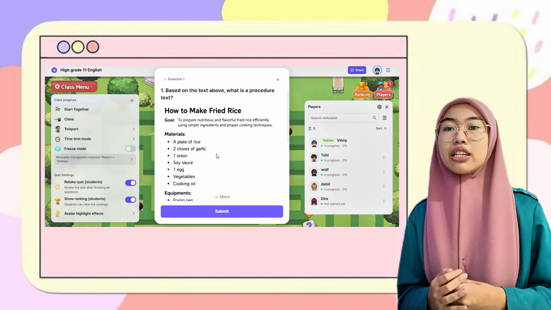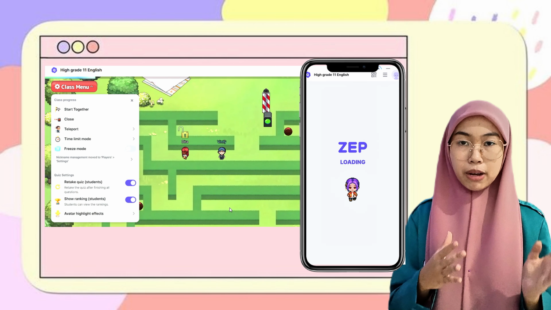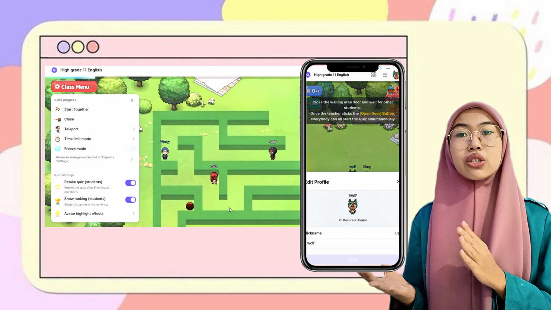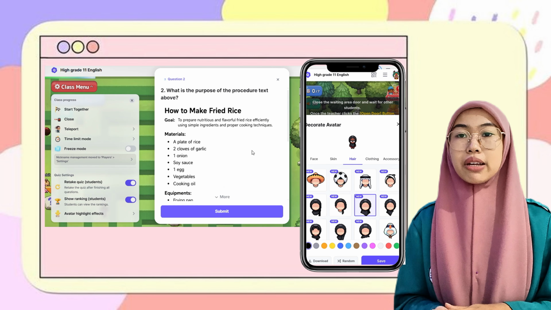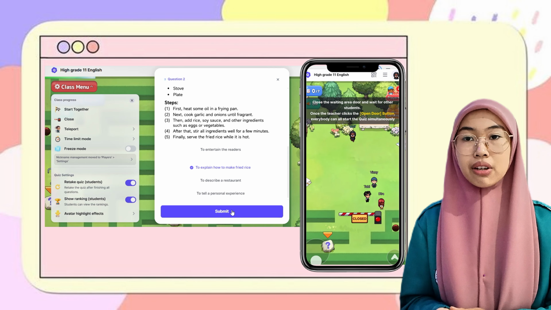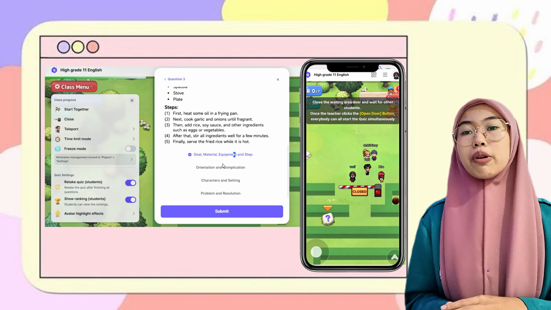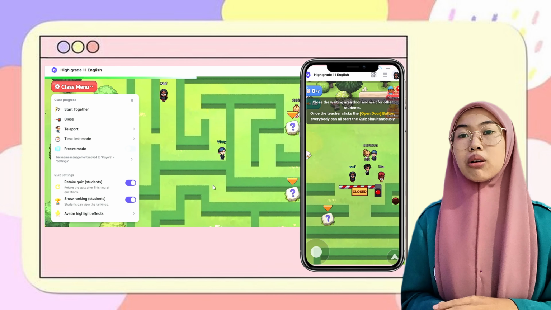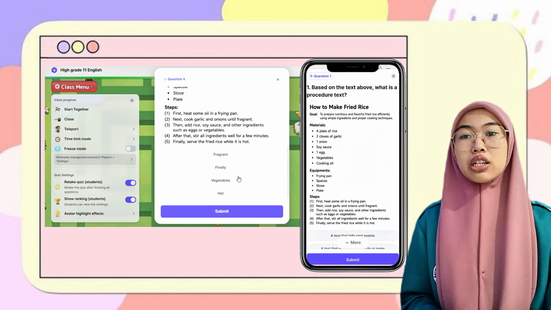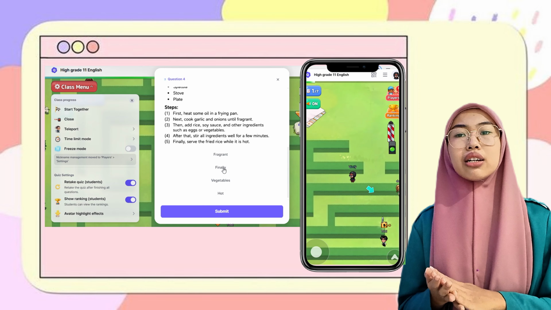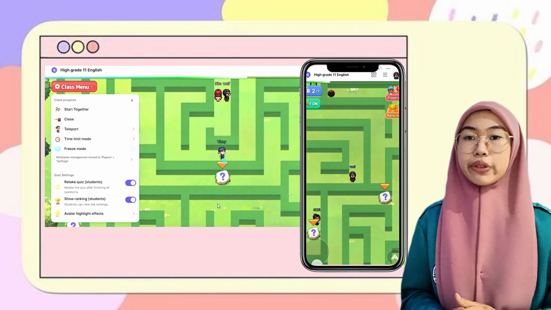On the screen, you can see the display side by side. The left side shows the student view on the smartphone, while the right side shows the teacher view on the laptop. As shown on the screen, the game is played on a maze map. Students will encounter a number of obstacles along the way, and the number of obstacles corresponds to the number of questions, which in this session is 7. At each obstacle, the student must answer a question. Whether the answer is correct or incorrect, the student can still continue and move past the obstacle.